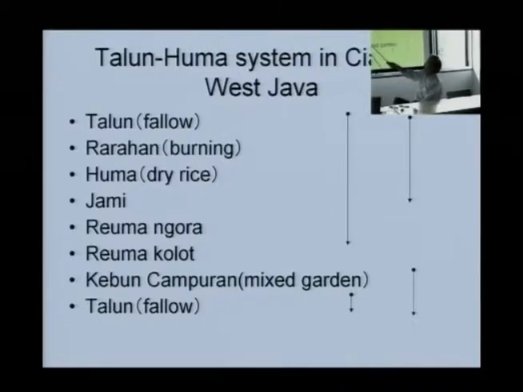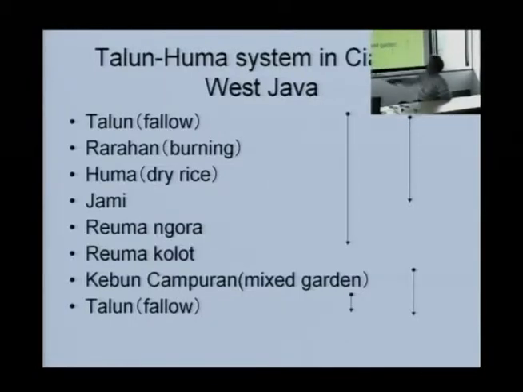And dry rice is planted, Huma, and other vegetables, peanuts and so on are planted, and bananas are planted in Jami, and Rumangora, at that time perennial plants grow. Korot means old, Ngora means young, so Rumakorot has more perennial trees, and Kebun Campuran, mixed